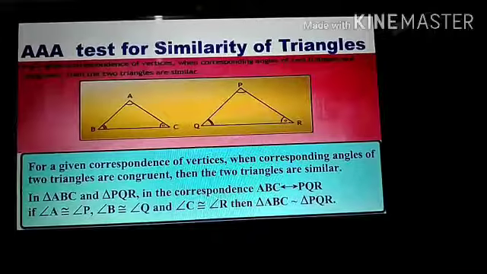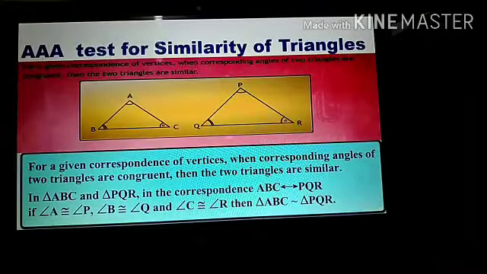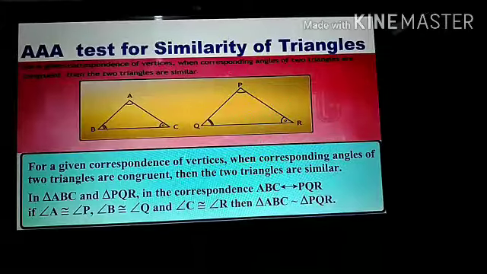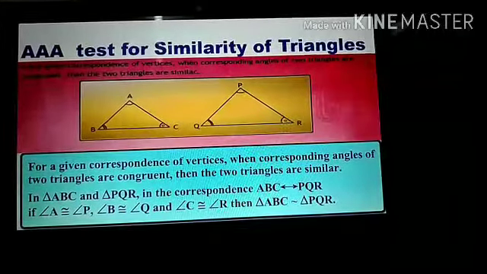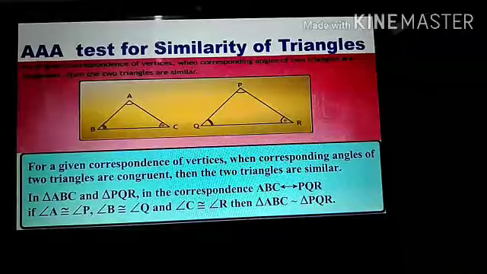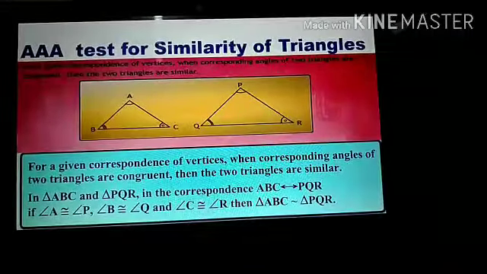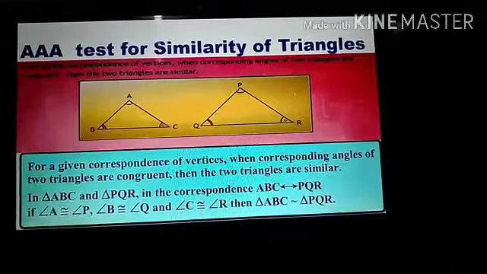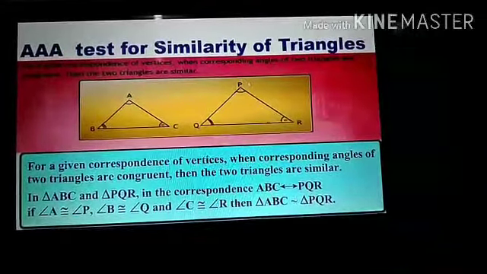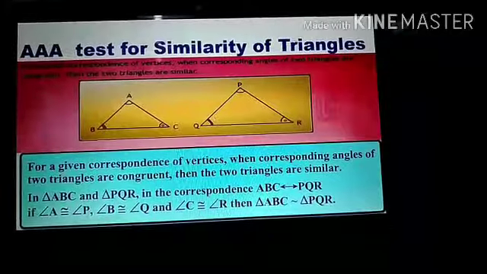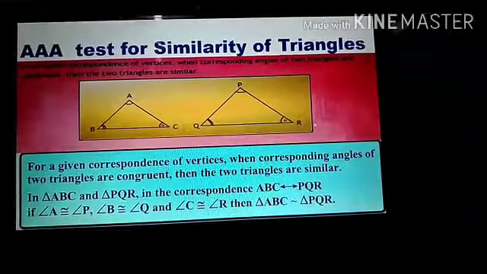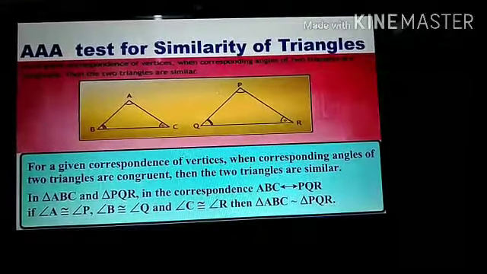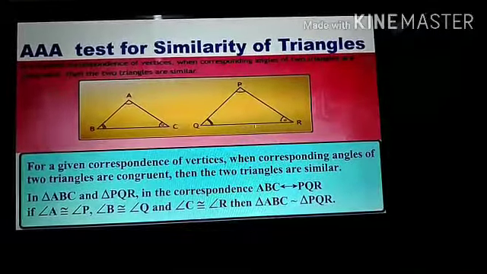The first was the AAA test for similarity of triangles, which states that for a given correspondence of vertices, when corresponding angles of two triangles are congruent, then the two triangles are similar. As you can see in the figure, by identical marks we have angle A congruent to angle P, angle B congruent to angle Q and angle C congruent to angle R. Thus, we can say triangle ABC is similar to triangle PQR by AAA test of